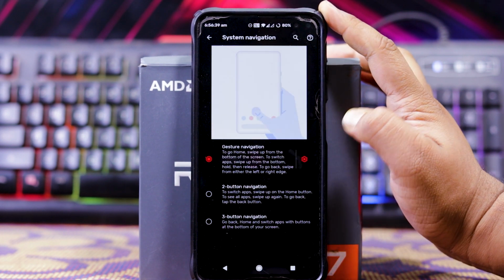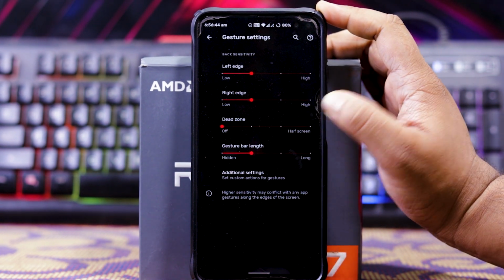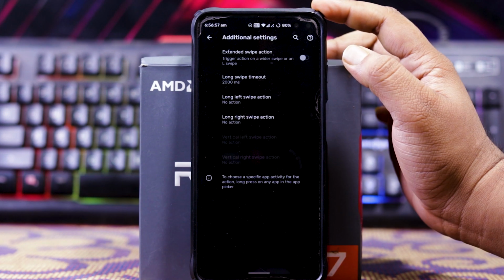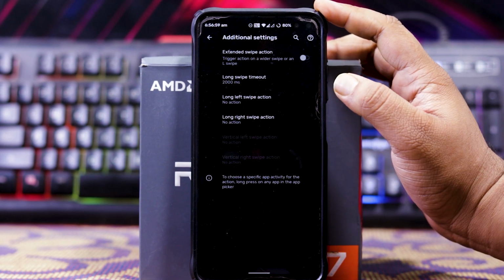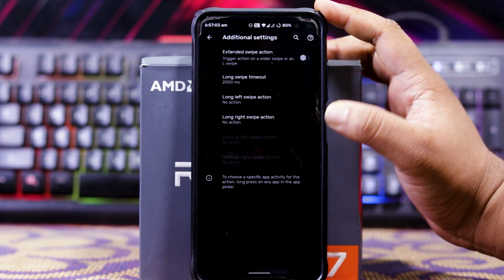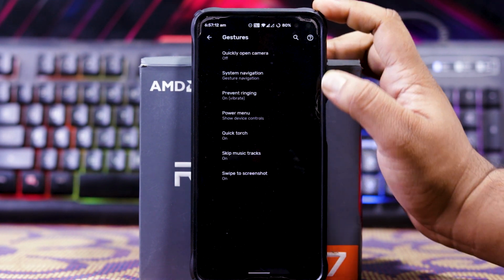And in gesture navigation and settings, you get left edge, right edge, dead zone, gesture bar length. In additional settings, you get extended swipe action, long swipe timeout, long left swipe action and long right swipe action. Then you get swipe volume buttons. In gestures, you get quickly open the camera,